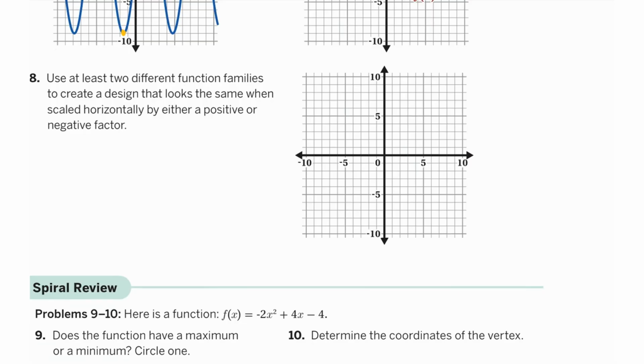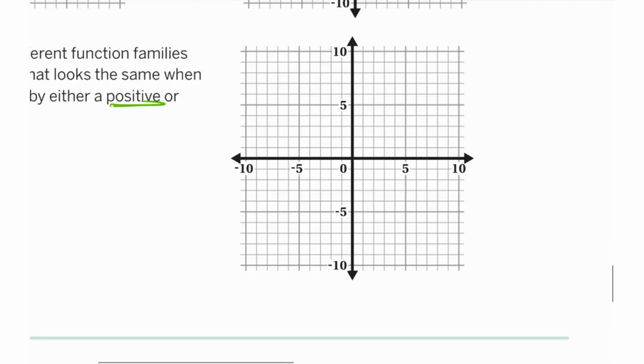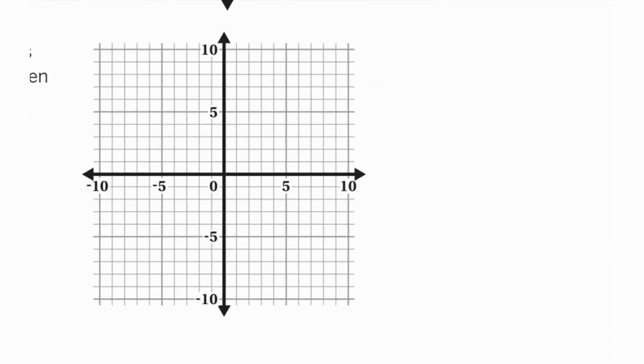So with this one, what we really need to focus on is, since we are scaling it horizontally, if we're scaling it by a positive number or a negative number, that means that when we reflect it, it needs to be the same. So for example, there's 2 that come to mind. The first would be an absolute value function. So if I were to create something that looked like this here,